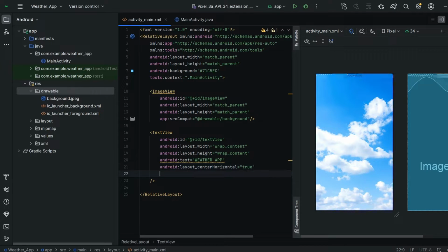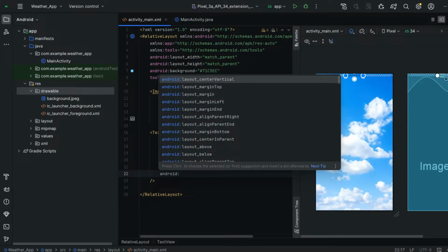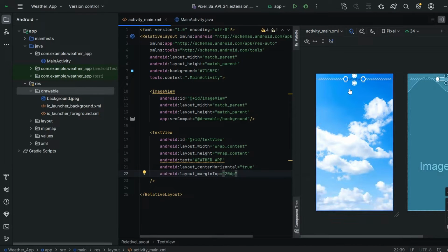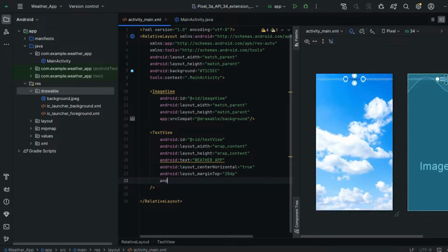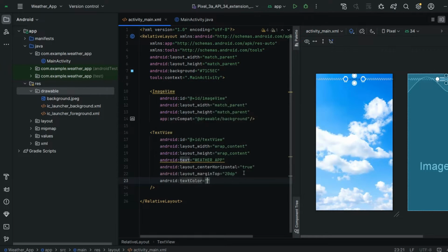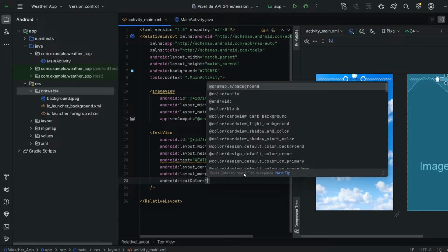Next I want it to be a little bit lower, not attached to the end of our app. So I am going to use android:layout_marginTop. So I'm giving a little bit of padding on the top, guys, so that this heading will come a little bit below. So okay, now our heading came a little bit below. Next, I'm going to give the color, android:textColor as white.